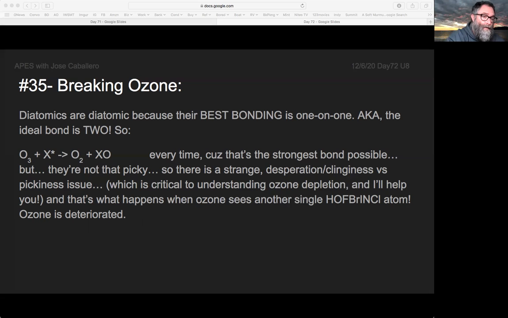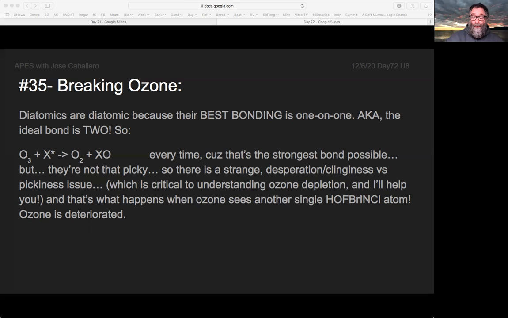You can see it's on the screen there. Every time, ozone plus a free radical would make oxygen gas and a combination there. And that's the strongest possible bond, and they're not that picky. So I want to remind you of this thing about desperation and clinginess. We've got oxygen, we've got ozone, and we're ready to break up the ozone layer by introducing